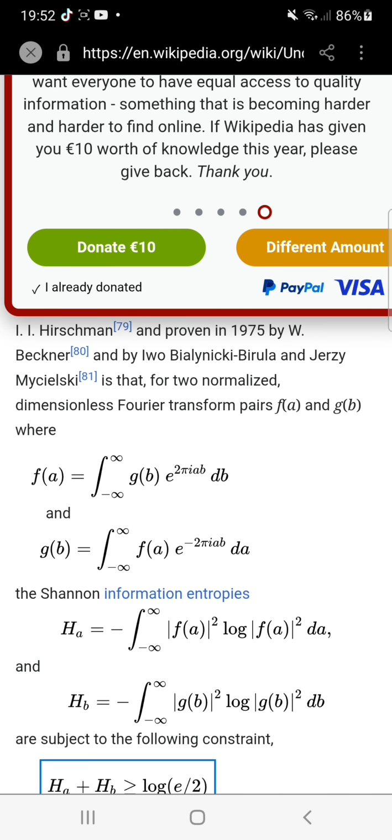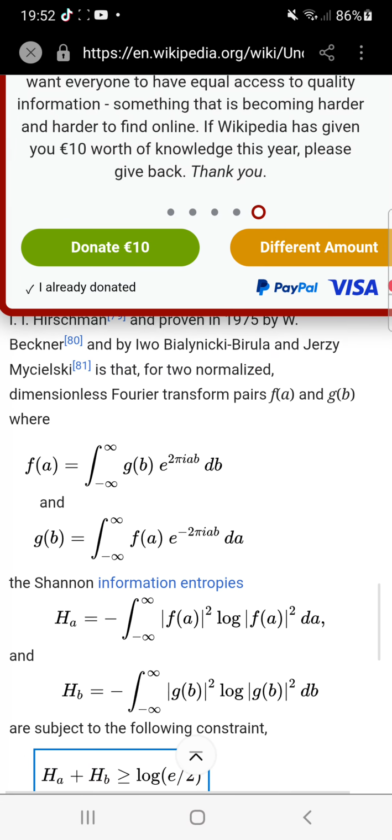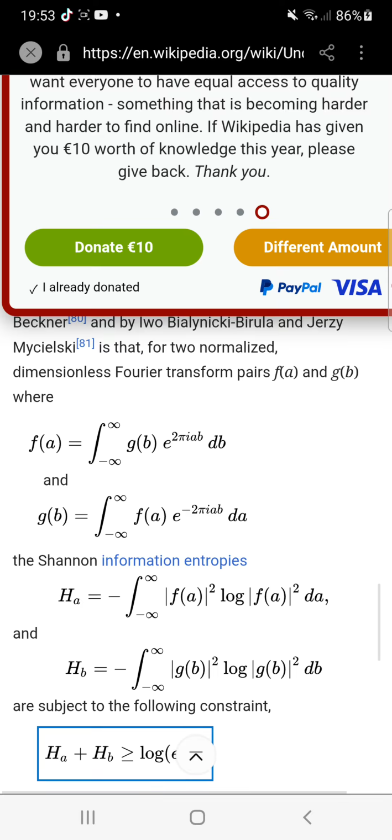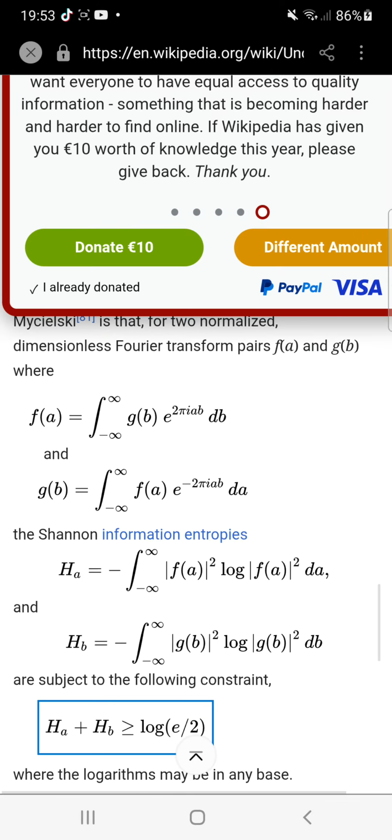Beckner and by Iwo Bialynicki-Birula and Jerzy Mycielski. It is that for two normalized, dimensionless Fourier transform pairs f(a) and g(b), where f(a) equals the integral from minus infinity to infinity of g(b) e to the power of 2 pi i a b db, and g(b) equals the integral from minus infinity to infinity of f(a) e to the power of minus 2 pi i a b da,